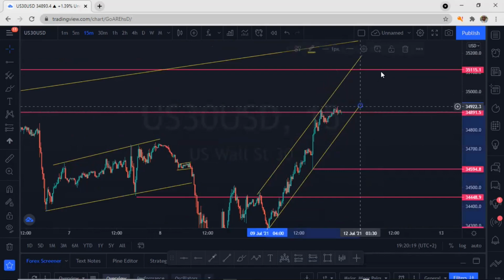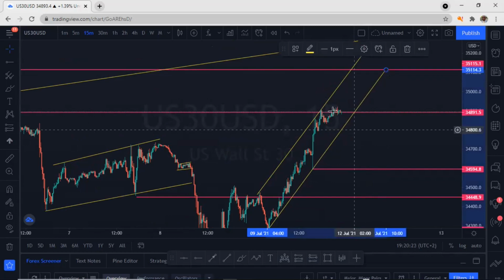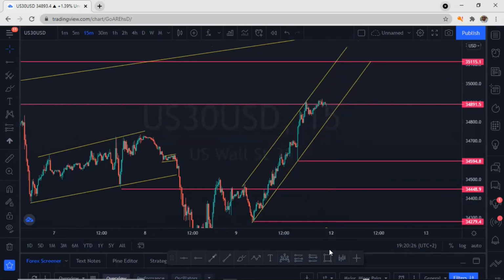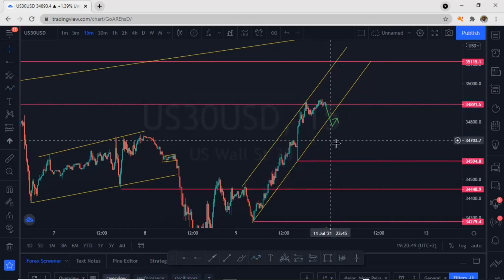But this is for the week, guys. If it happens that it doesn't shoot up, what I'm expecting USD to do is to come here, retest this line, and push up. That's what I'm expecting. If it breaks this line, I expect USD to create a correction here, a small correction.